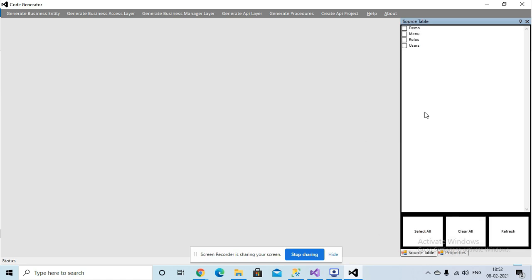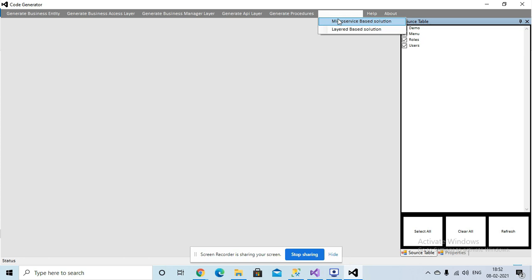In the source table list, there are a few demo tables which we have created: demo, menu, role, and user. I have selected all these tables, and I just want to create a microservice based solution. So here I choose create API project and microservice based solution.